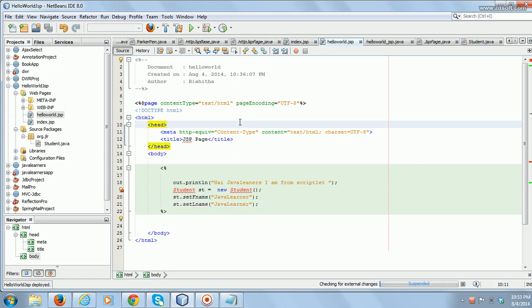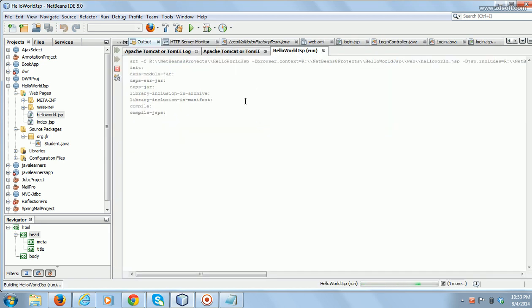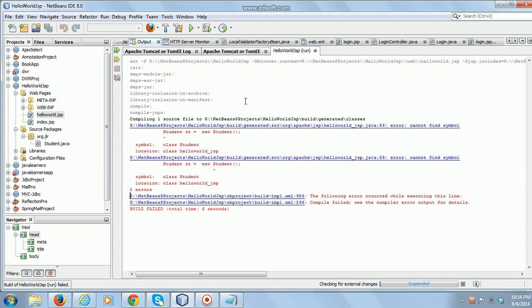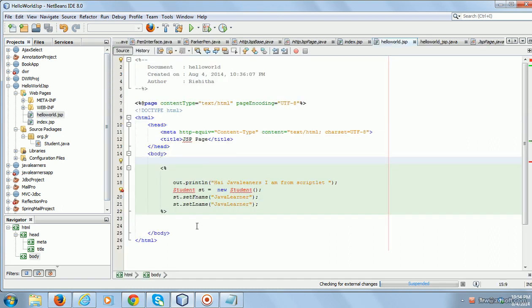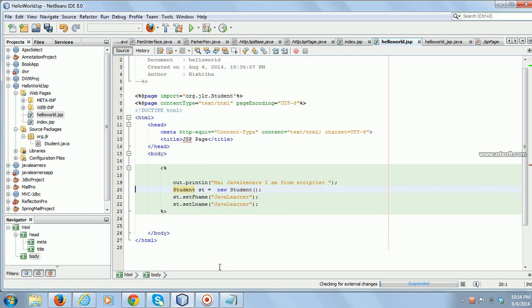We will try to run this. It's giving an error, because to access a class from JSP we have to import it.